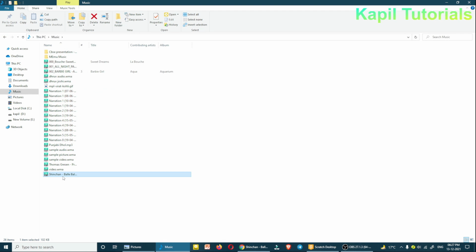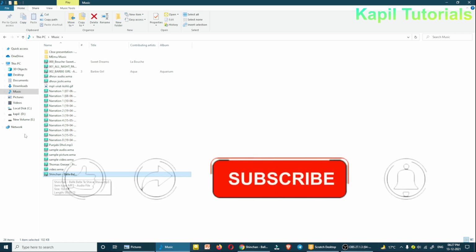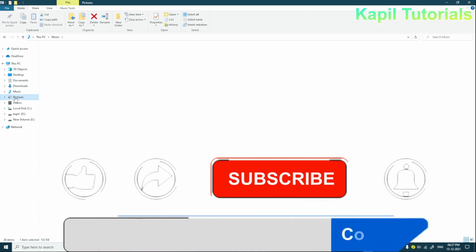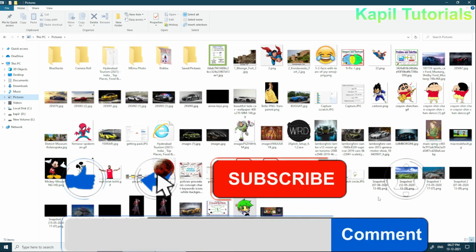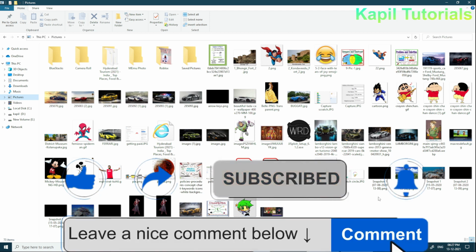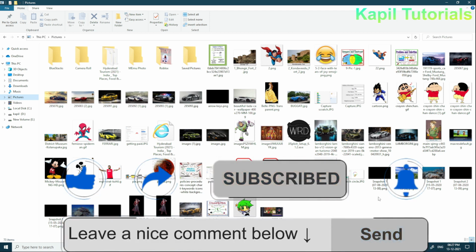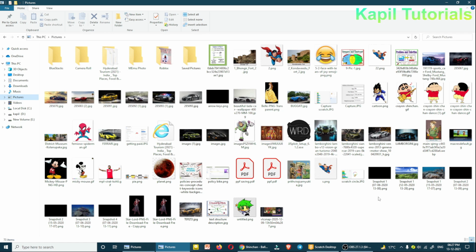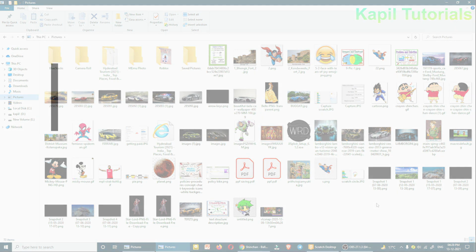So I hope till now you are familiar with how to download the music which I need in my program, and how to download the animated images. So my first part, explaining how to download the images and the music, is over. Now to start with the program, how to use that.